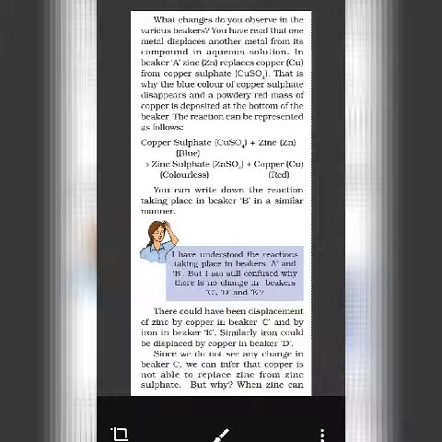Now you have already done the equations. Now you know the most reactive metal will displace less reactive metal. Where there is a less reactive metal, it will not be able to displace a more reactive metal from the solution. Since we do not see any change in beaker C, we can say that copper is not able to displace because copper is less reactive and therefore no reaction takes place. And how do we know no reaction is there? There is no change in color. So in all the reactions, change in color symbolizes that a reaction